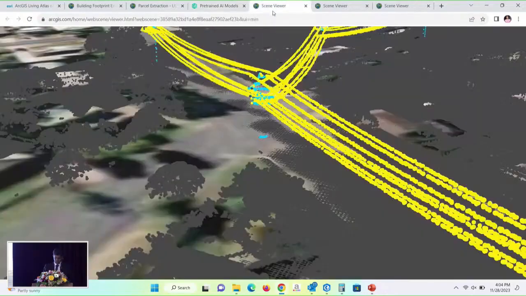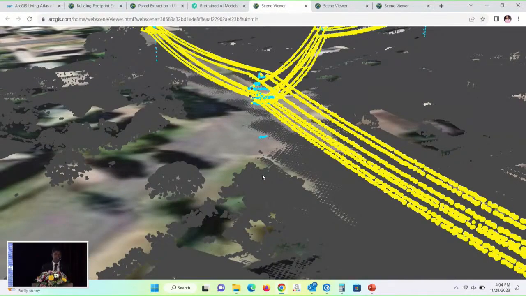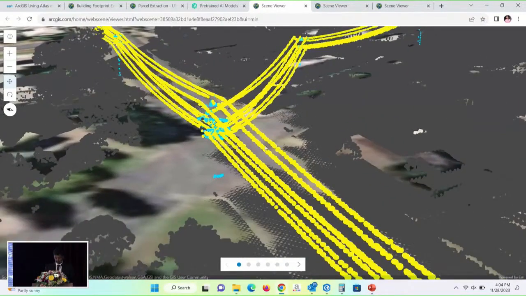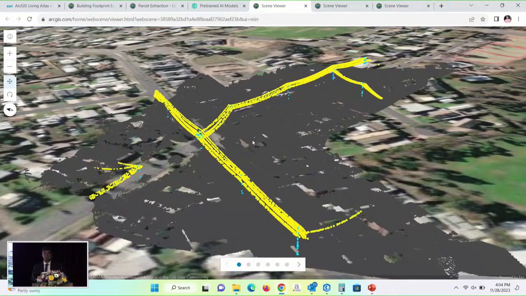So of course the point clouds also. Even we can try these poles and electricity lines. These are point clouds. By using the LiDAR point clouds, we can get the work done under the deep learning concept of this ArcGIS Pro.